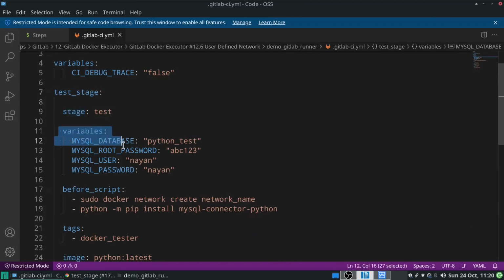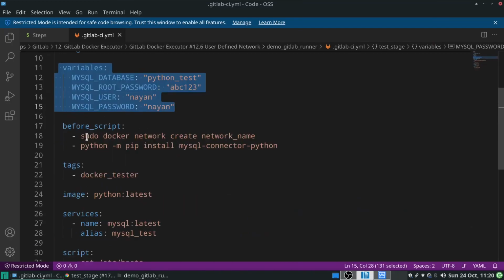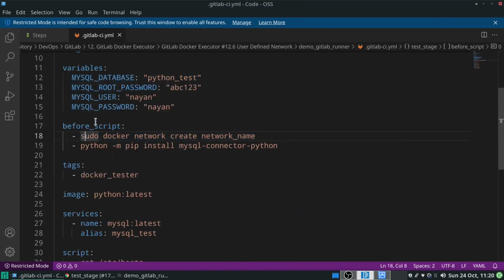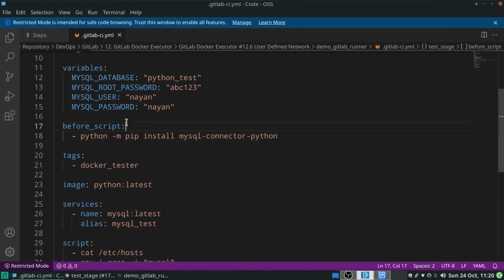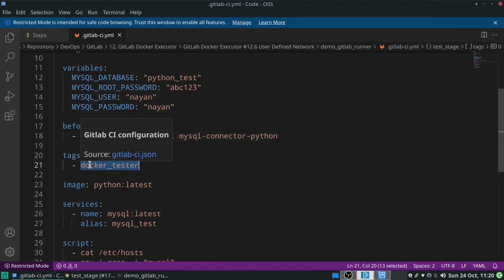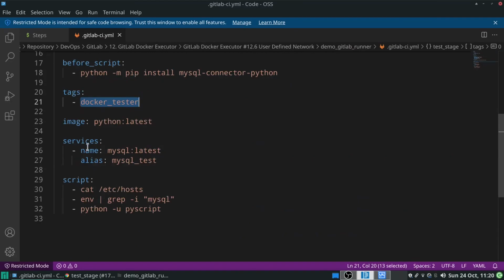These are the variables for MySQL, and as I had mentioned earlier, do not use this command in a CI/CD pipeline or config.toml file, so I will remove it. Then this is the command that I want to execute before executing any other script. This is the GitLab runner that I want to use to run this CI/CD pipeline, and this is my primary image, and this is my service or secondary image.